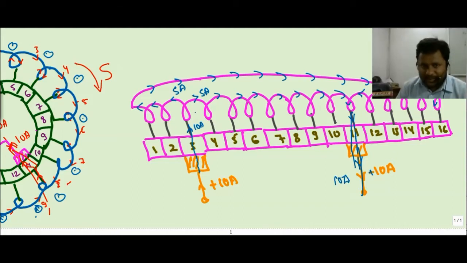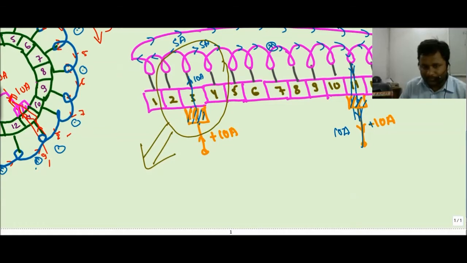So we can say that the conductors are moving in this fashion, and 8 conductors have a cross and another conductor has a dot. So there is a change in current whenever the conductor passes this brush axis. This is the concept. This is the brush axis. This phenomenon can be explained by taking this small part. We are just taking this small section for the sake of explanation.